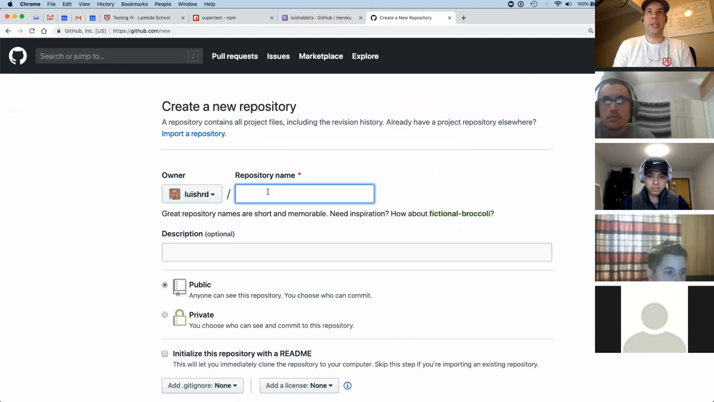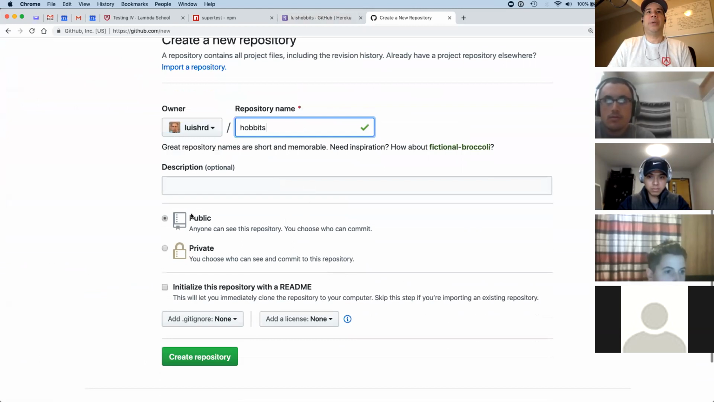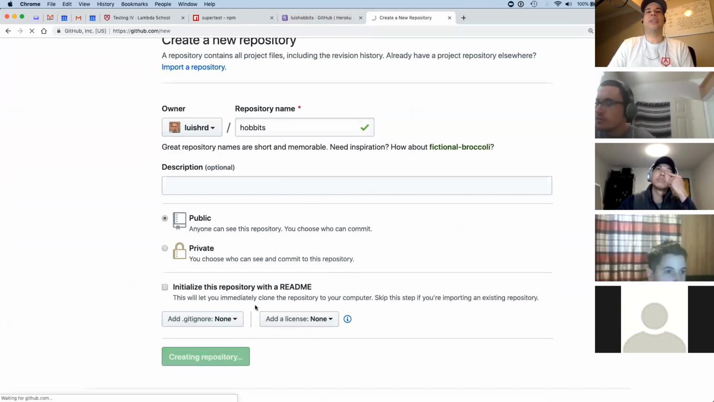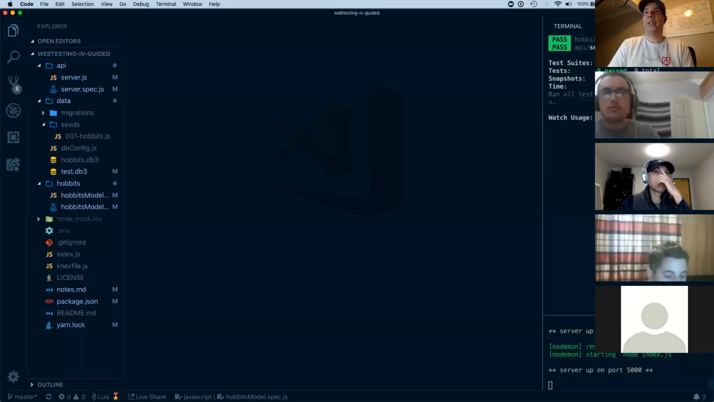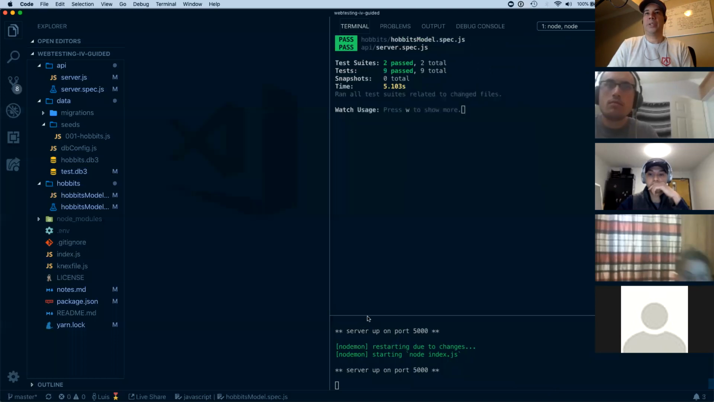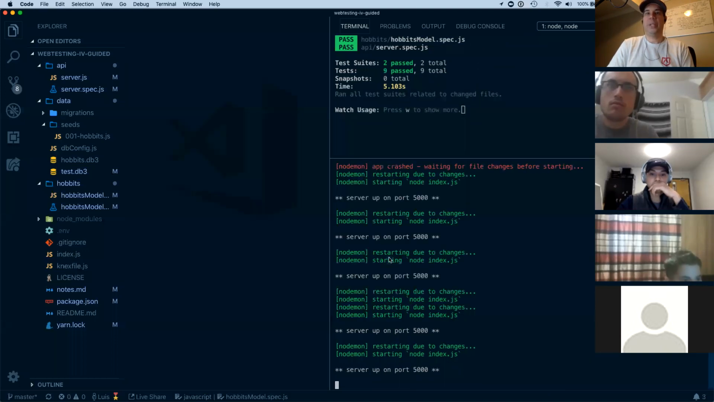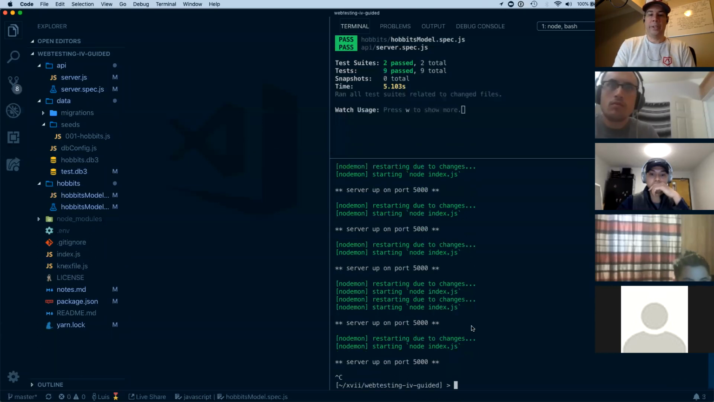And this is gonna be called Hobbits. All right, so now that I have it, it's gonna be a public repository. We're not gonna add anything in there, no license, no README, nothing. But then I'm gonna copy the URL for this, and go into my terminal here. Easy fix. Go into my terminal, stop the server, and they say git remote add